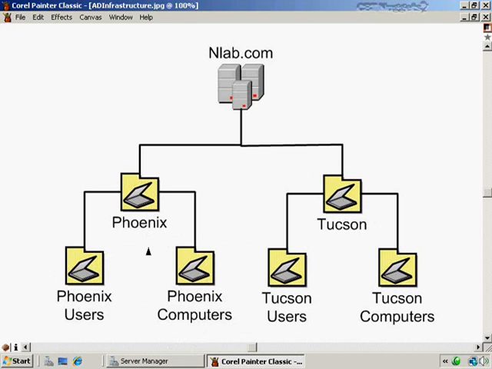Well, that certainly could be done, especially in a smaller environment. But you'll find that for practical administrative purposes, it gets much easier to administer these if you can count on there being only users in a user's OU and only computers in a computer's OU. And then later on, you could even divide that up further so that the Phoenix computers might have other sub-OUs